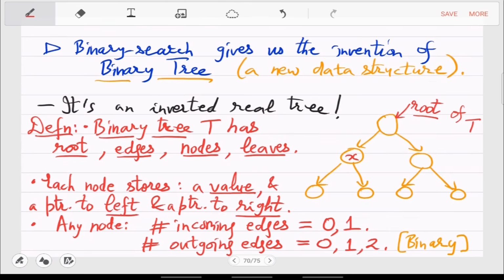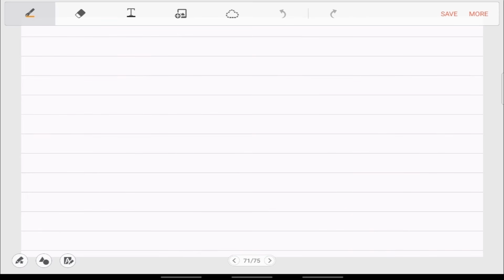So now is the time to see whether you actually understand the definition. So what are not trees? So, for example, this structure, is this a tree?